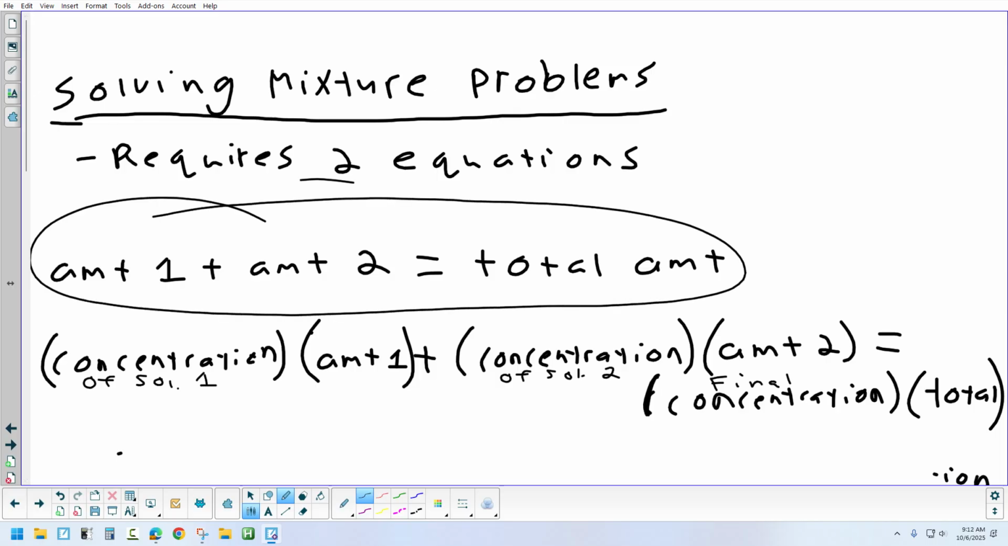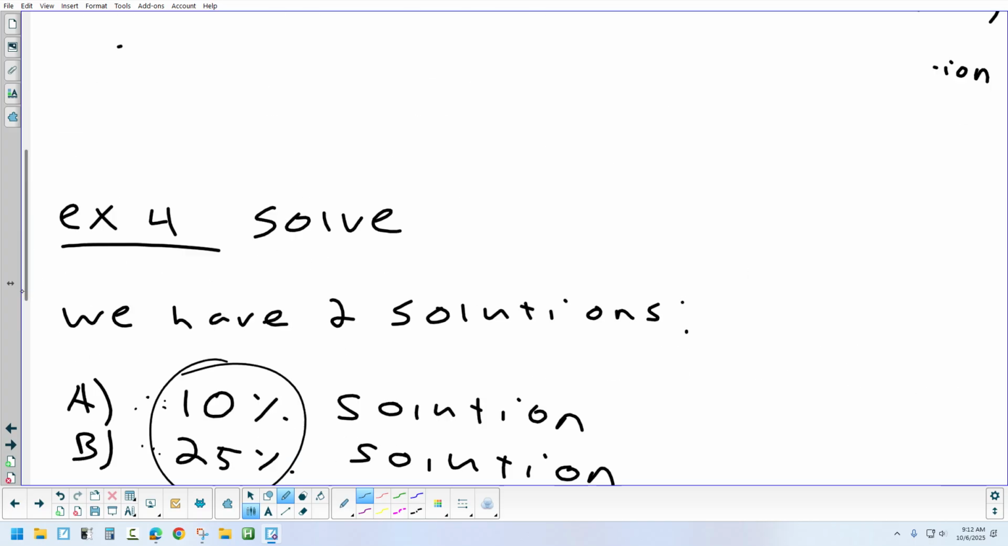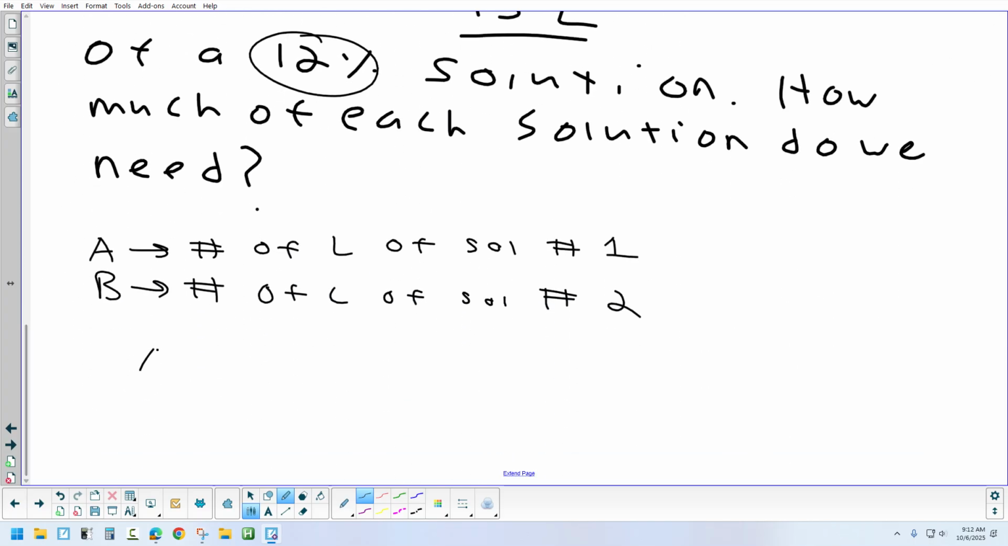A plus B has to total 15. When you mix the two together, that's the amount we want to have. And if that's all you knew, there's a lot of answers. It would be any two numbers that add up to 15 that aren't negative. But we also have to make sure we get